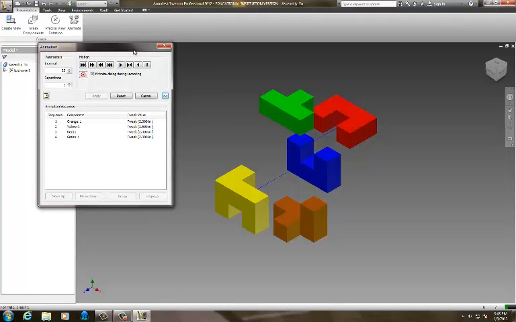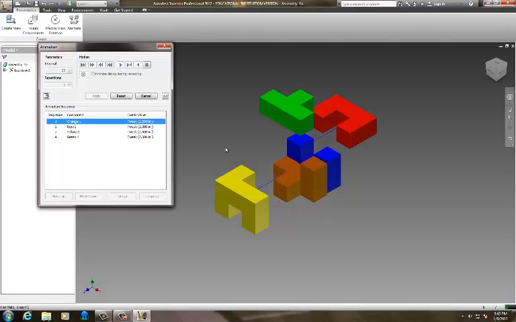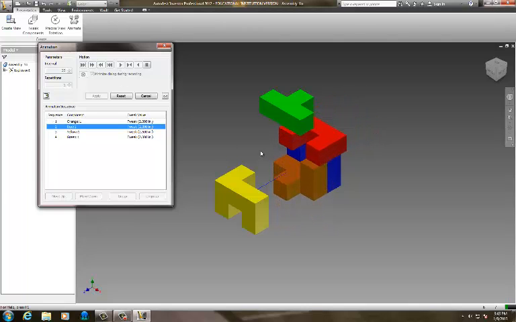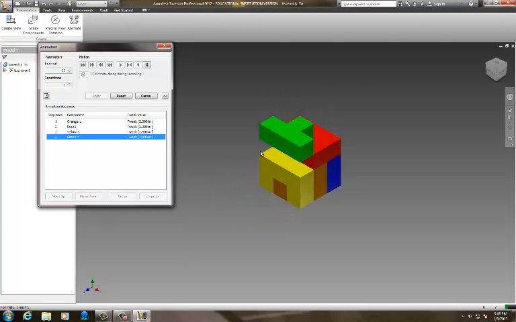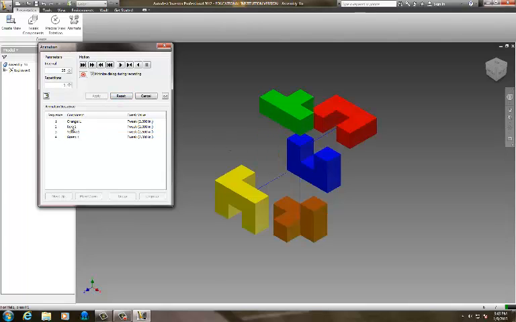Maybe I would like my red piece to happen before my yellow piece happens. So I could take my red piece here and I could pull it, and I can move up. So select my red, move it up, and apply, and hit play. And red should be next, then yellow, now green, and I'll hit reset to explode again. Didn't really like that, that didn't look good, so I'm going to move my red back down,